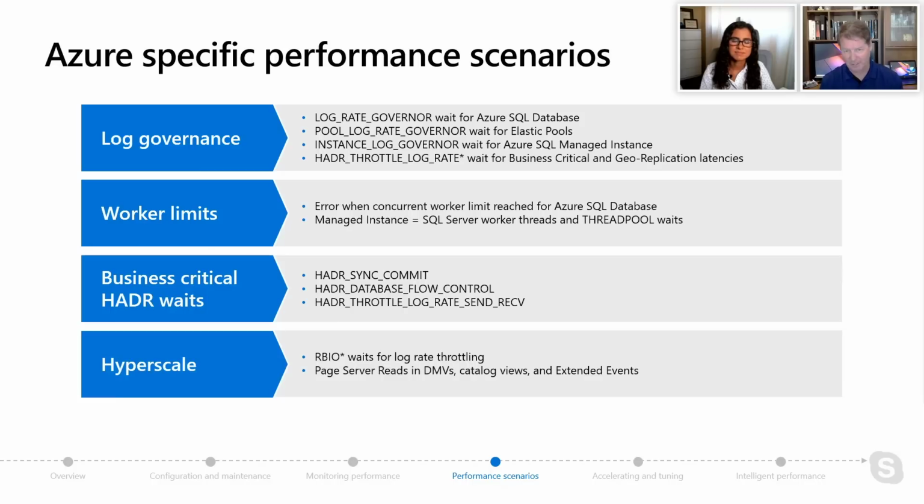And then finally, hyperscale, which we're going to get into the architecture of during availability. There are some waits that may show up for you called RBIO waits, and those involve log rate throttling to make sure that we're keeping our caches and our replicas, through log servers, up to date. And know this, that in the architecture you're going to see something called a page server. We want to make sure we give you the right diagnostics in hyperscale, so we're going to add this page server information and infuse it into the various DMVs and catalog views and even Xevent. So if you need to do further diagnostics on what's going on from this page server perspective, you can do that as well.